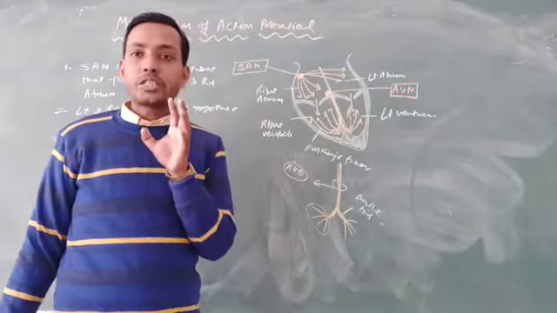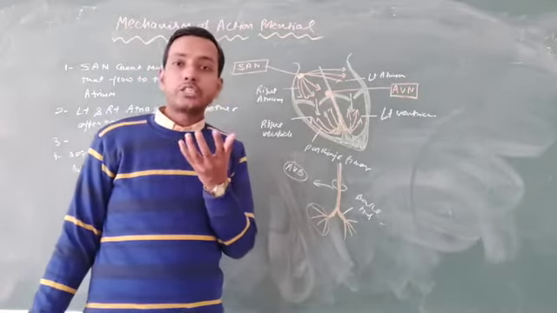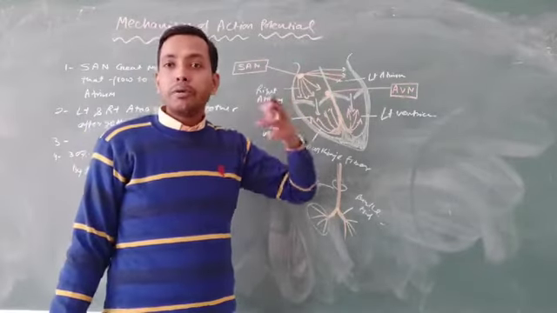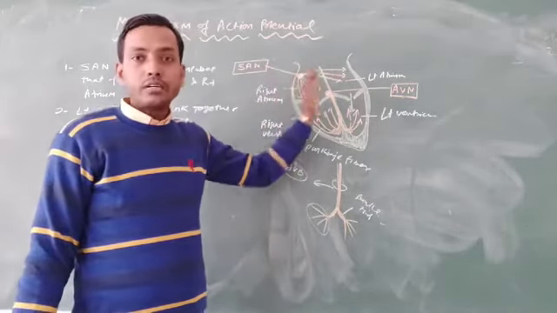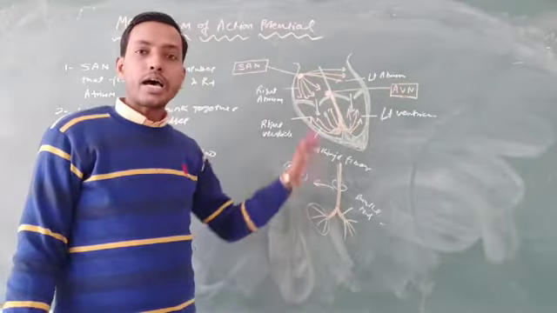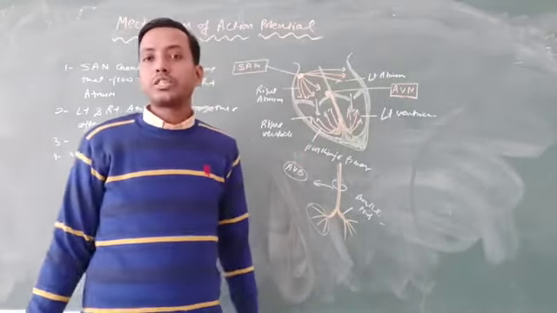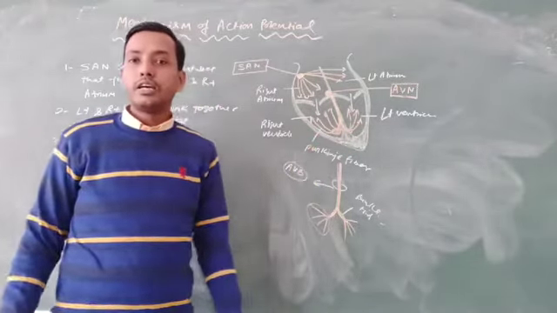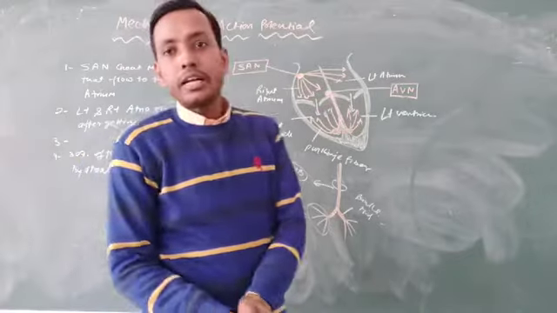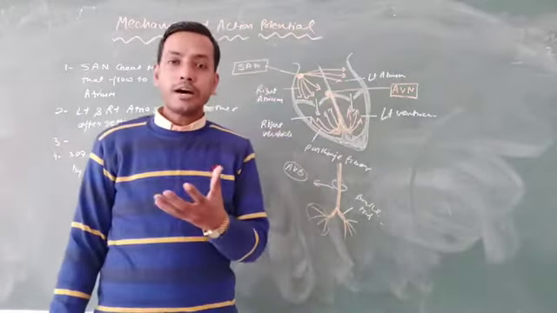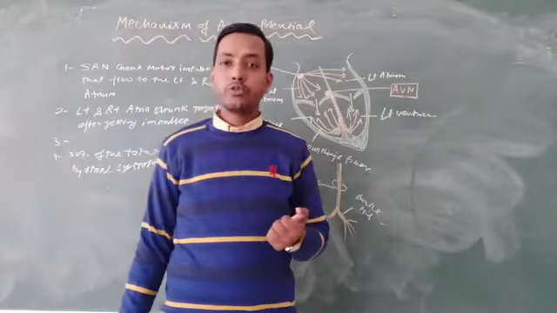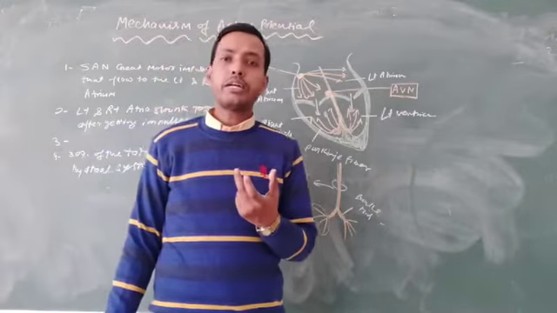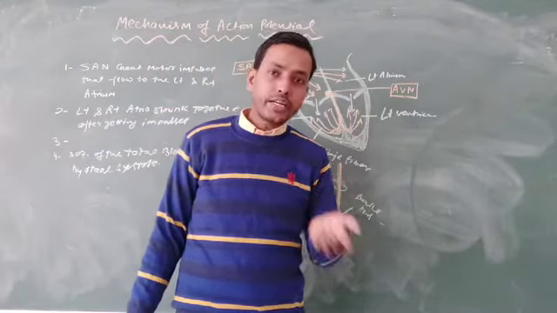So, after getting impulses from the AV node, when the ventricles shrink, the semilunar valve lets the blood flow to the lungs and to the rest of the body parts. This is the overall mechanism of ventricular systole. The collective shrinking of the left and right ventricle together is known as ventricular systole. So what happens after atrial systole? After atrial systole, both ventricles shrink, which is the ventricular systole.